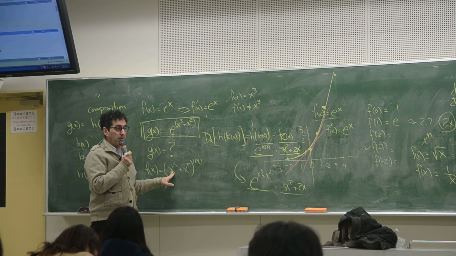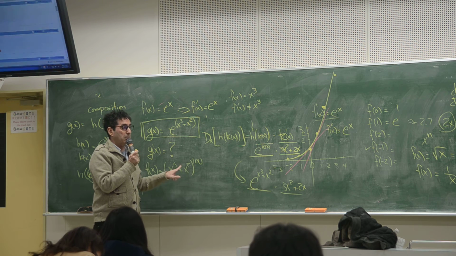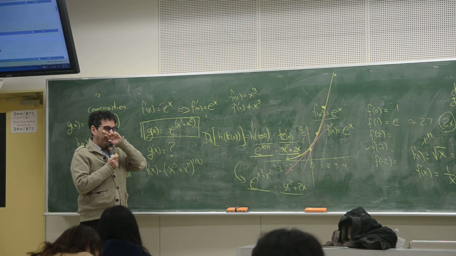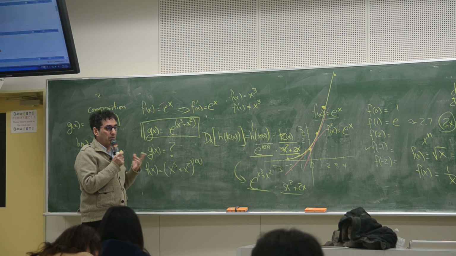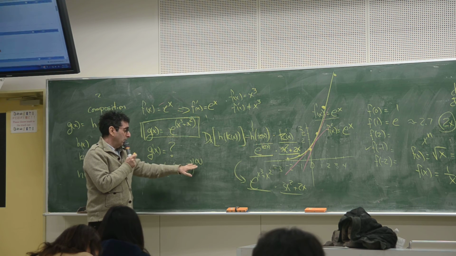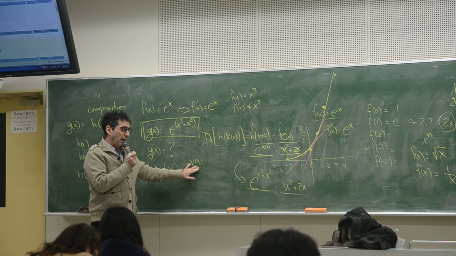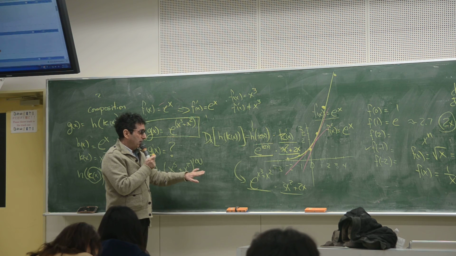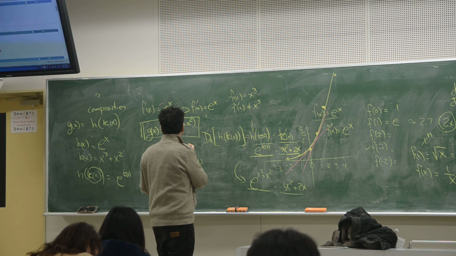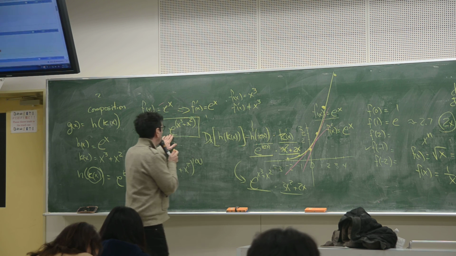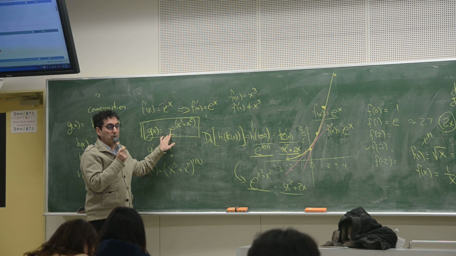You could do it that way. You could multiply this out 100 times, get a polynomial, and then you don't need the chain rule. Just use the polynomial, derivative of a polynomial. That's easy. But of course, you never want to multiply this out 100 times. So you really need the chain rule here too, but not absolutely need it. But in this one, you absolutely need the chain rule, otherwise you can't